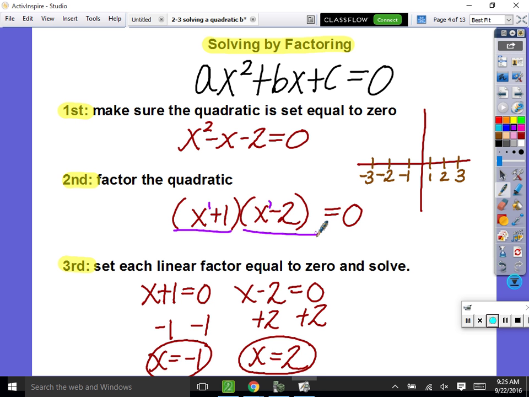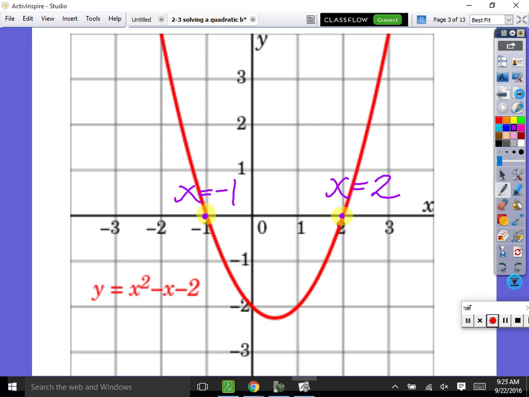So this parabola from this would cross the x-axis at -1 and 2. It would look something like that. So we could check our answers. All right, so